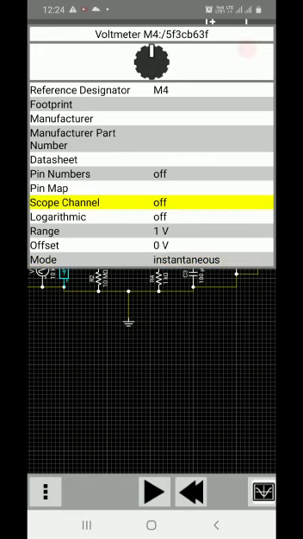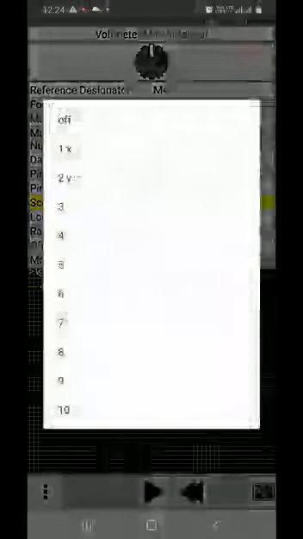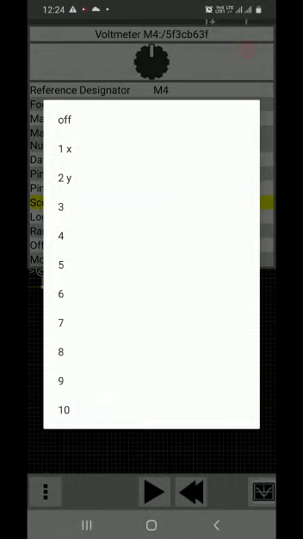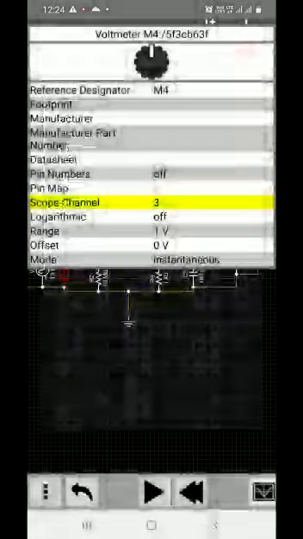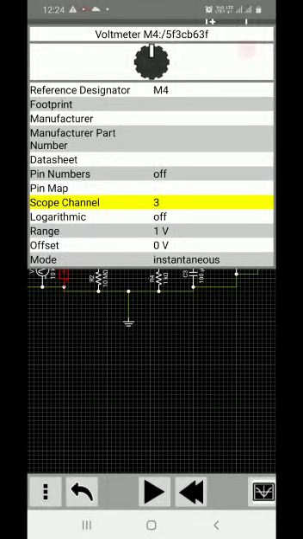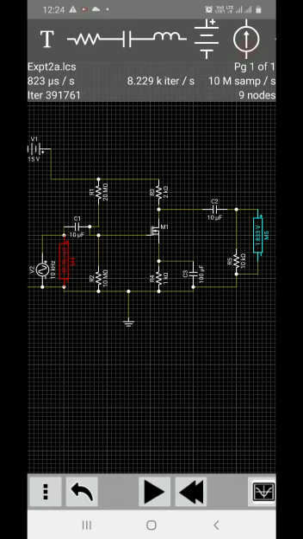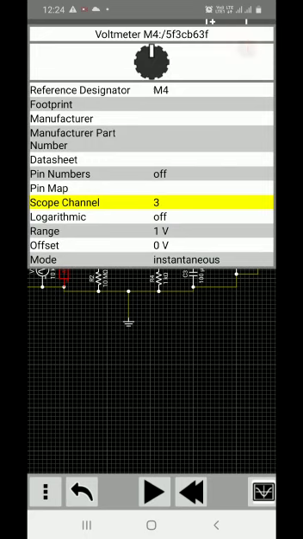I can go there, it turns yellow, and I go to the settings option. These are the different channels which can be used. If I select scope channel number 3 and click on the screen, this also gives us the details of the oscilloscope. By default, the mode I have kept as it is, instantaneous, and I have not changed it to the AC mode.